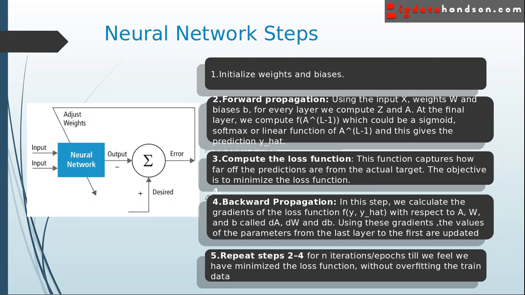The fourth step is backward propagation. In backward propagation, we adjust the weights and biases. Based on the error we have, we'll try to minimize the error, that is, minimize the loss function. For that we'll adjust the weights and biases using the back propagation step. And the fifth step is to repeat steps 2 to 4. After the back propagation, again this data is fed to the forward propagation and we'll compute the loss. Again we'll have the error. To minimize the error we do a back propagation.